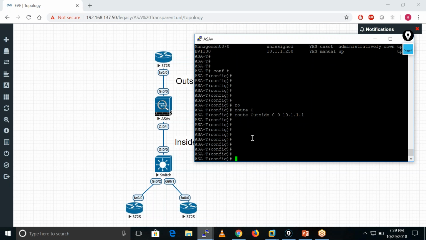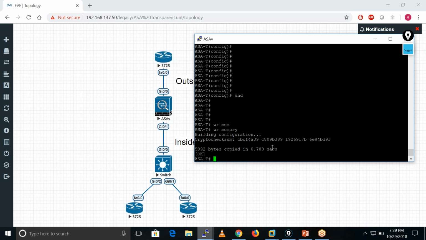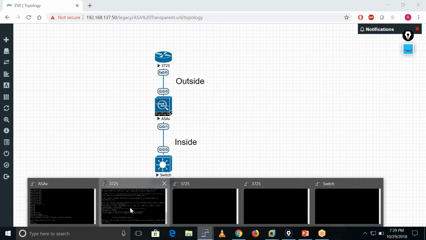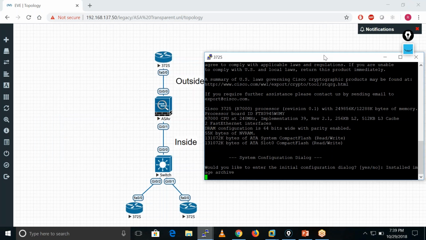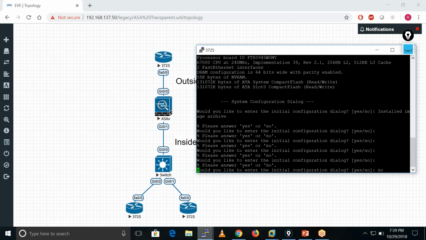So I have added one default route as well. I am done with my configuration on my firewall now. We will see the ACLs and all later. So now let me configure this guy, this outside router.